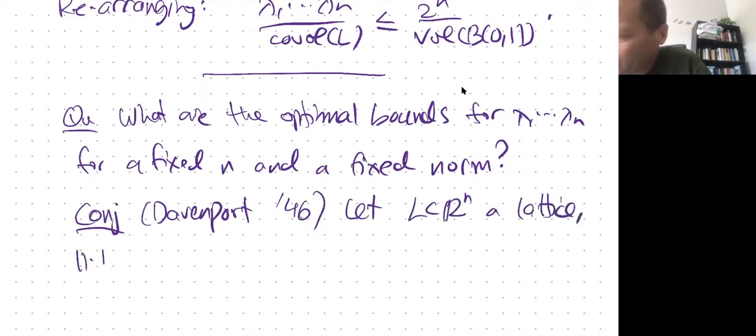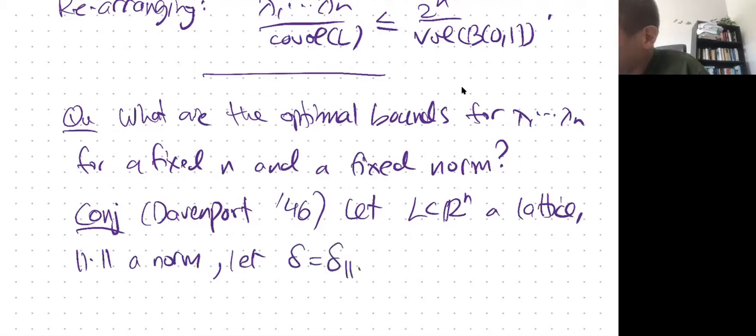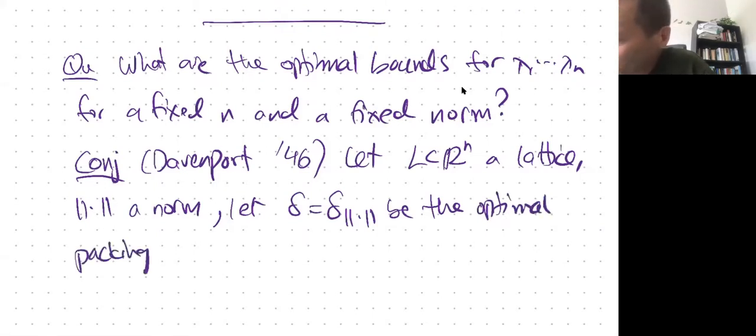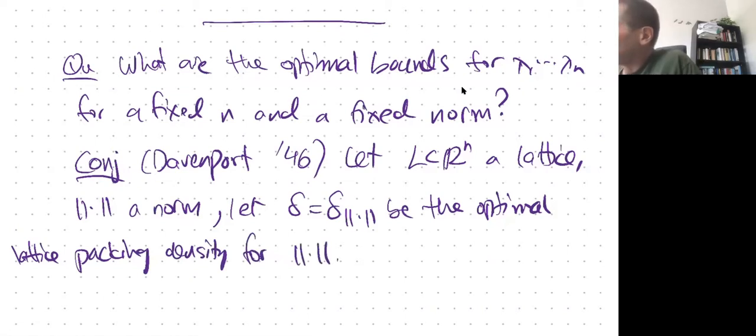So let L be a lattice, and this is some norm, an arbitrary norm. And let delta be the packing density, the optimal packing density. I'll define this in a moment, but let's just give it a name right now. The optimal lattice packing density for this norm. Then the conjecture is